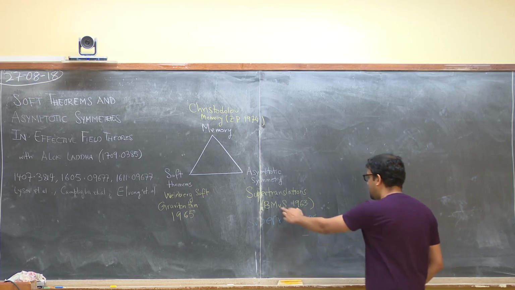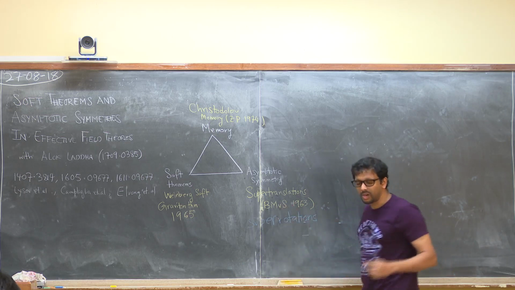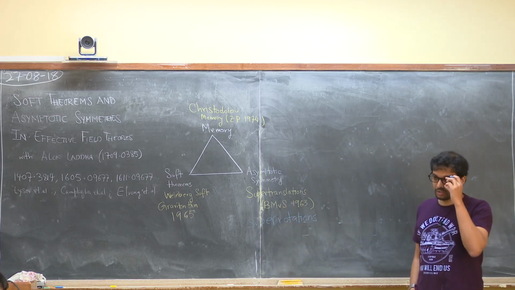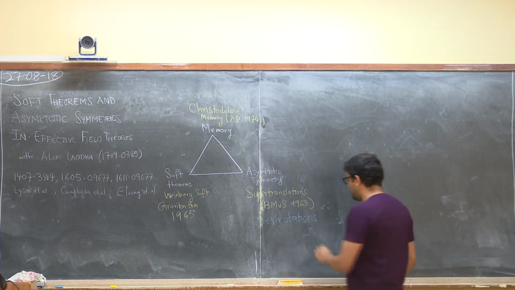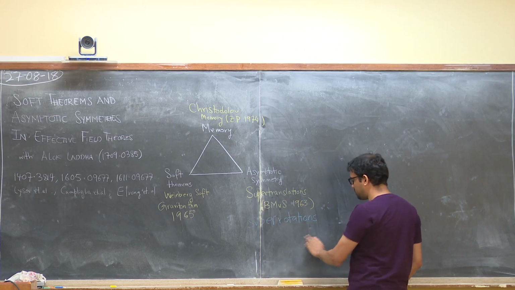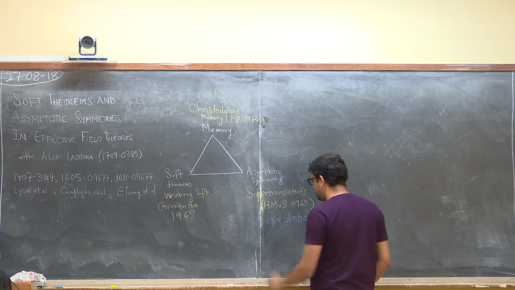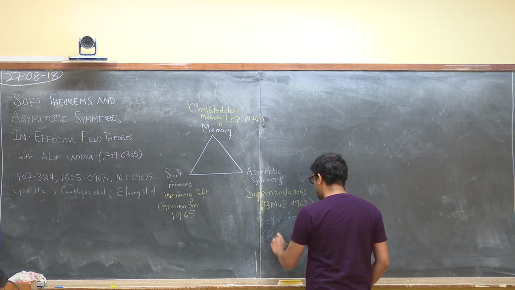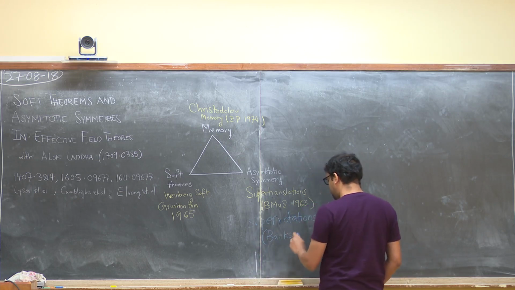which is something that BMNS could have seen in their original work, but unfortunately they did not have the work of BPZ to guide them. They only studied the global SL2C, but there's actually a whole Virasoro extension which is called the superrotations. This was first pointed out by Banks in a very tiny footnote, which I think lots of people missed.